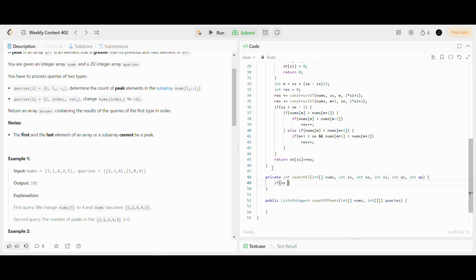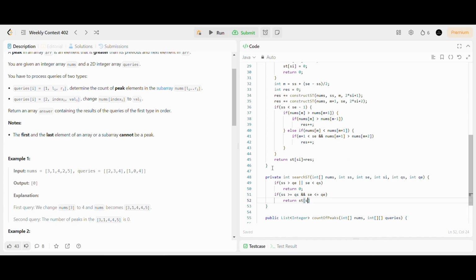If the segment start is greater than the query end, or the segment end is less than the query start, then the segment and the query interval don't intersect, so I'll return 0. Next I'll check if the current subarray is a subset of the query subarray, that is, if segment start is greater than or equal to query start and segment end is less than or equal to query end, I'll return